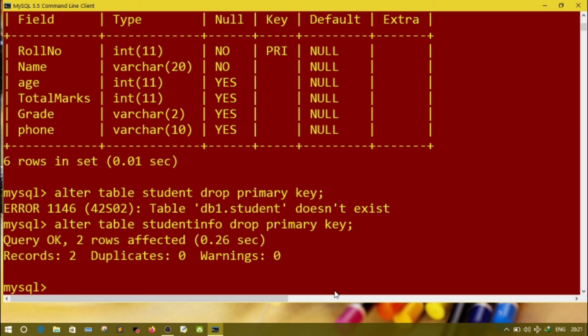Now I want to set the primary key on phone number. For that I will write alter table student info add primary key.